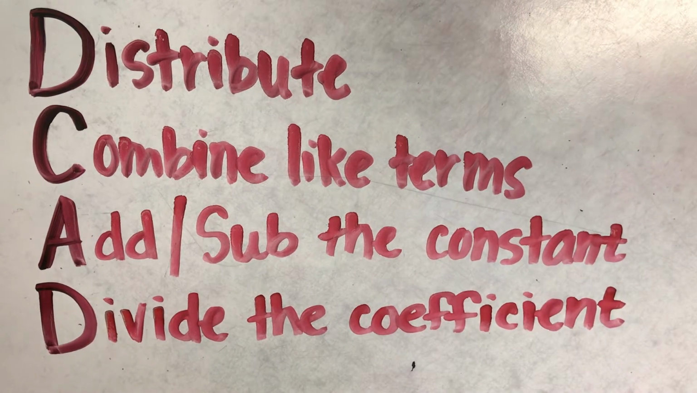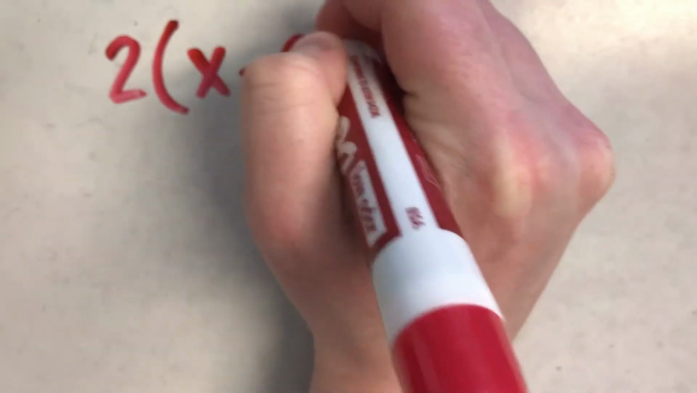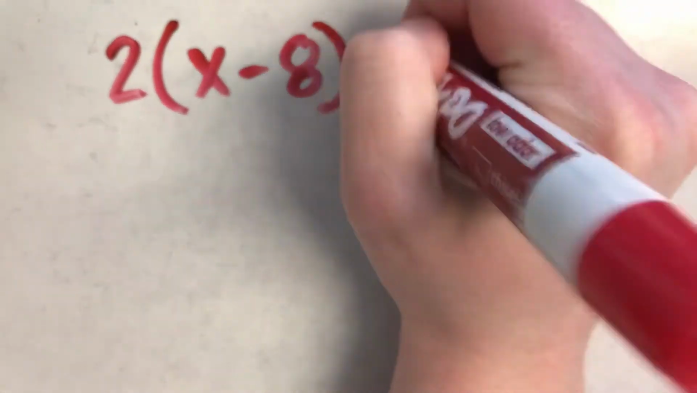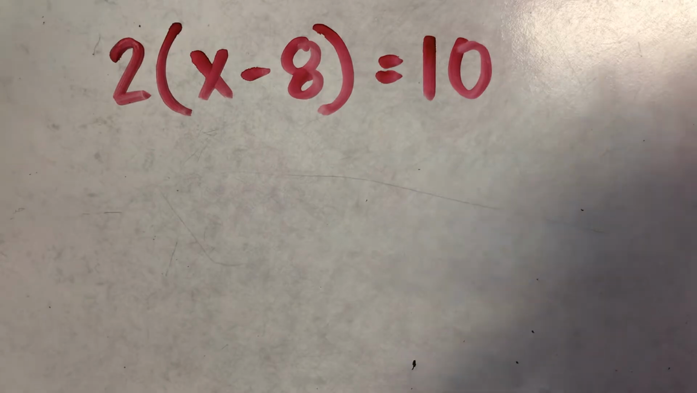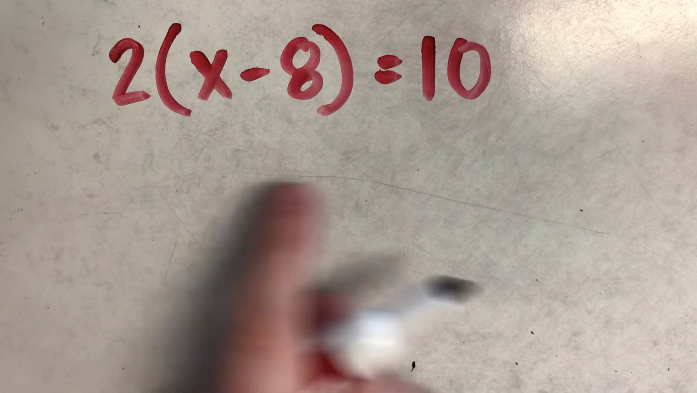Okay, so looking at an example, because let's be honest, this is not very helpful unless you're applying it, unless you're seeing it in action. If you have an equation, we're going to start off pretty simple: 2 parentheses x minus 8 close parentheses equals 10. Super simple. I'm not going to give you fractions or decimals just yet. Following DCAD,